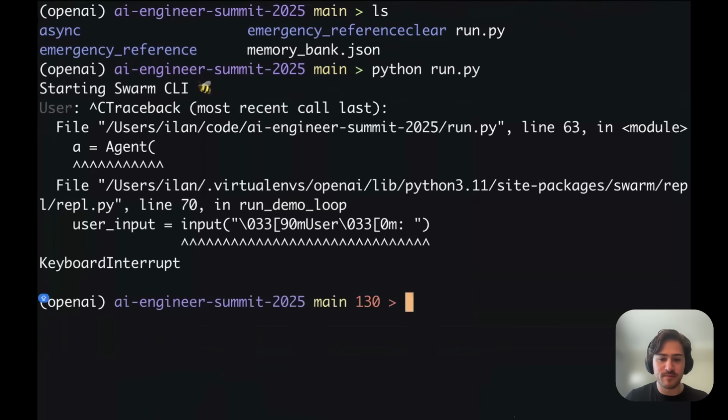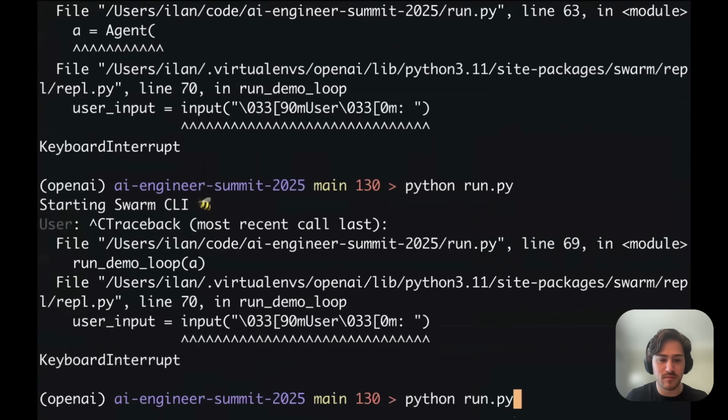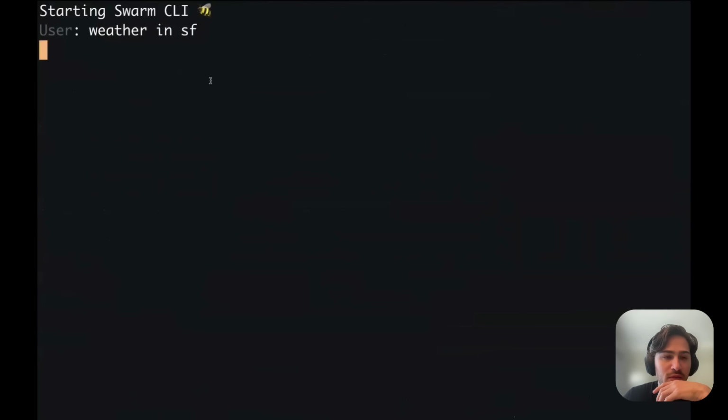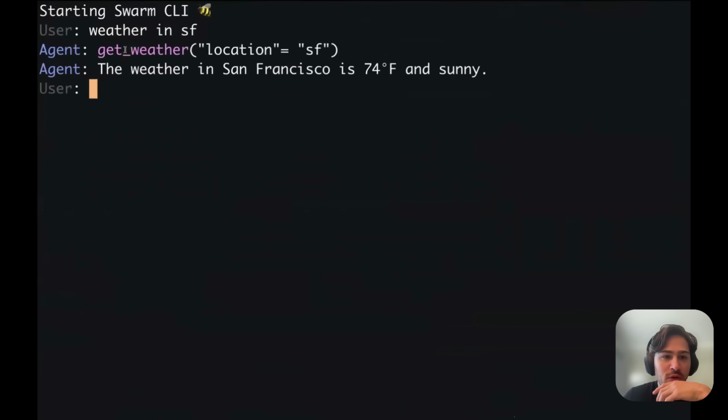So if I say, weather in SF, cool, calls it, fantastic.